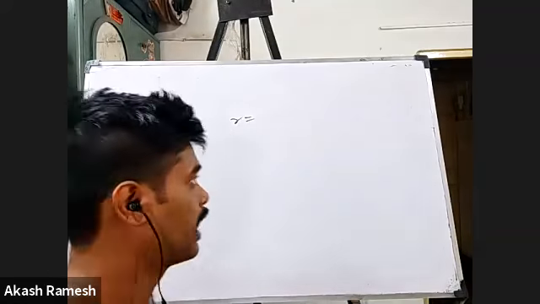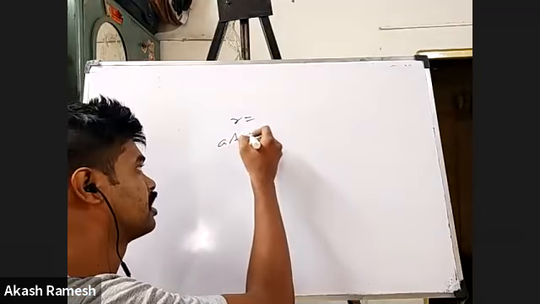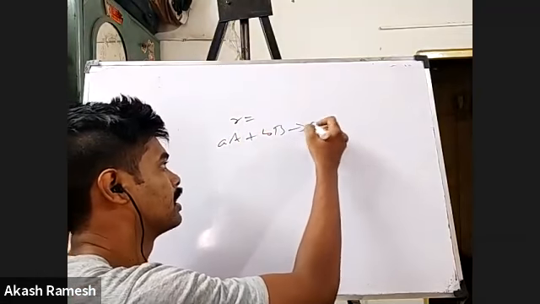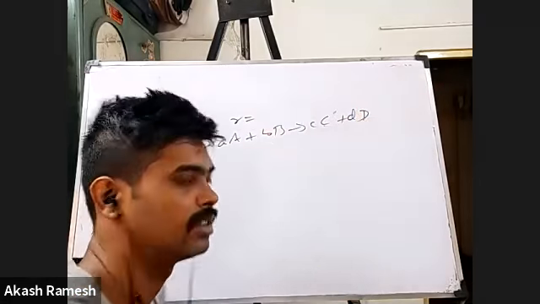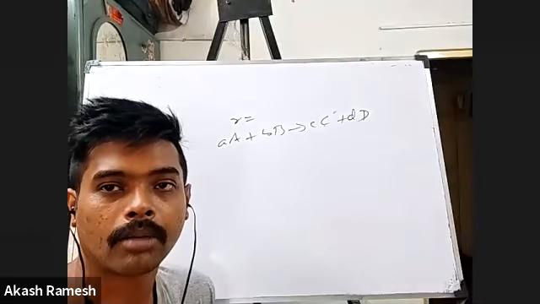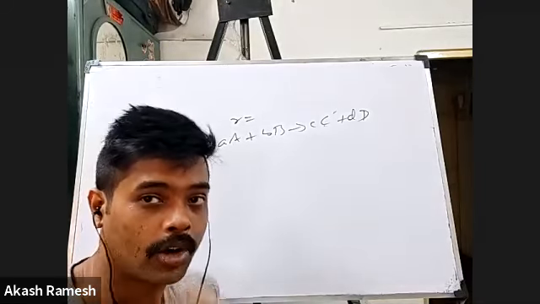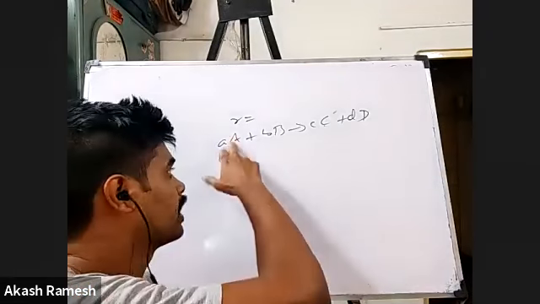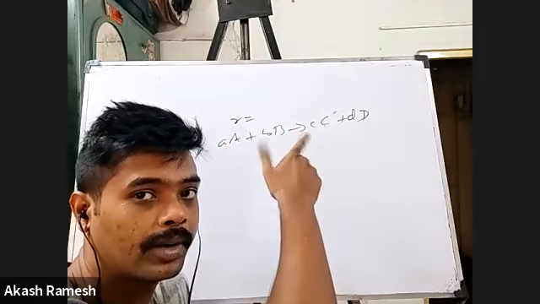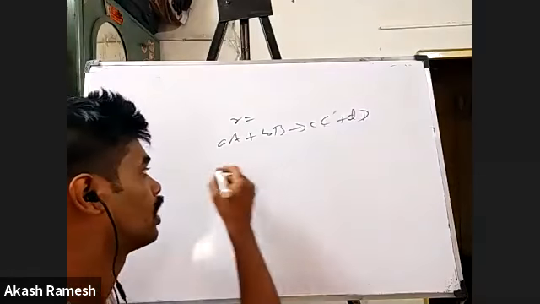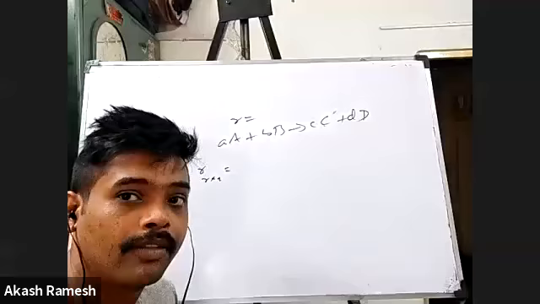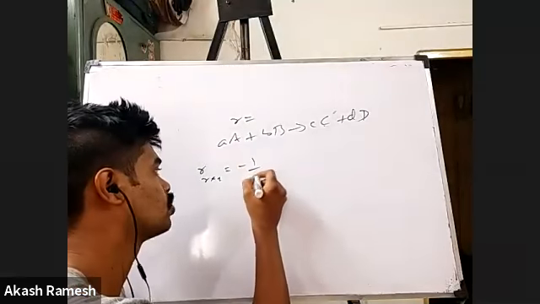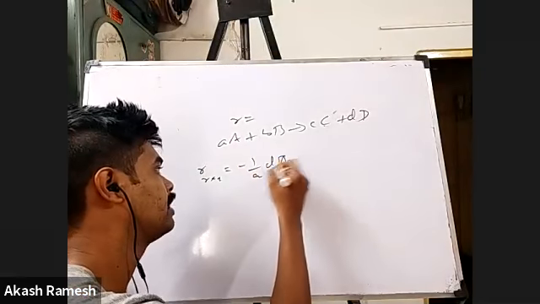If I have a general equation like aA plus bB gives cC plus dD, I hope you remember how I connect the rate of the overall reaction with respect to A, B, C, D. Hope you remember we even did a problem. So I say rate of the overall reaction will be equal to minus 1 by a, dA by dt,